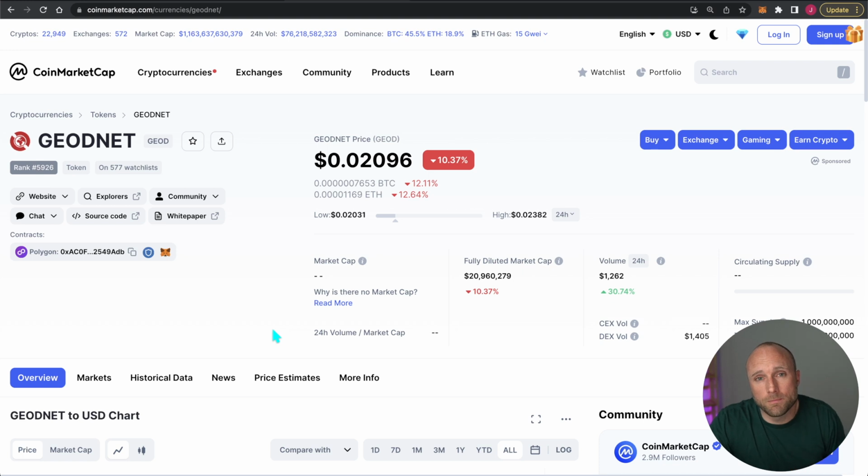Next, let's look at the token. So for hosting your space weather station, you'll be rewarded in GEODNET tokens. GEODNET is a cryptocurrency token. It's currently priced at just over 2 cents per token. It is still a fairly small project at a fully diluted market cap of just under 21 million. It is a Polygon-based token, so the good thing there is you'll pay much lower gas fees than an ERC20